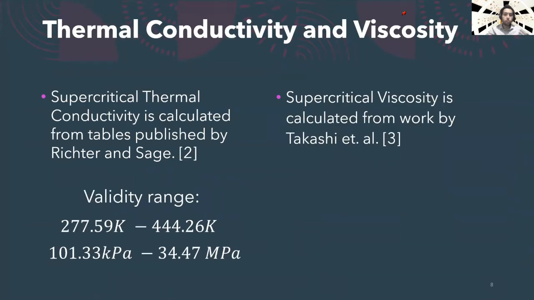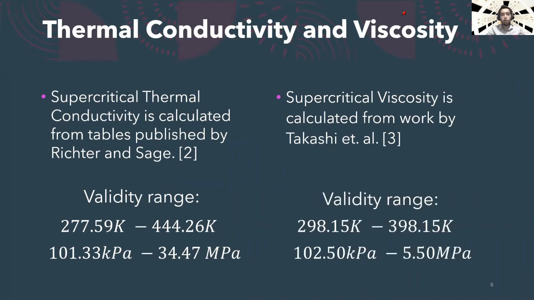To mitigate this, work from Richter and Sage was used to calculate the thermal conductivity within the supercritical region. Their work is valid for temperatures between 277.59 Kelvin and 444.26 Kelvin, and pressures between 101.33 kilopascals and 34.47 megapascals. While work from Takashi et al. was used to calculate supercritical viscosity for temperatures between 298.15 Kelvin and 398.15 Kelvin, and pressures from 102.5 kilopascals and